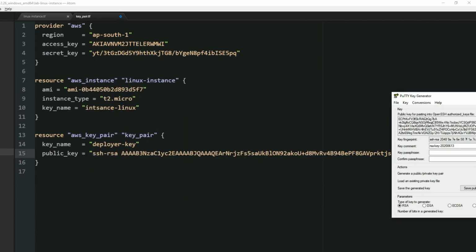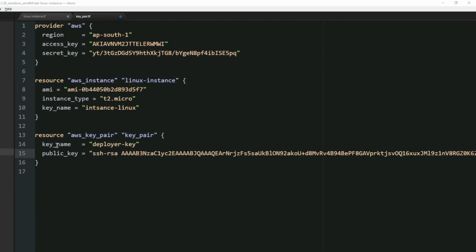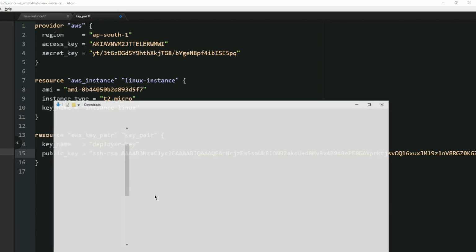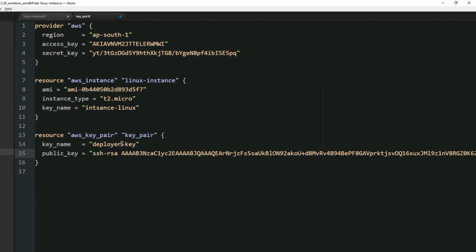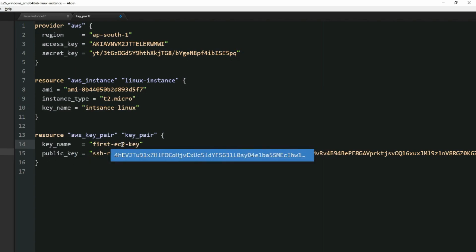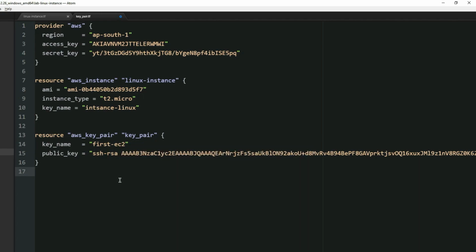So now I have my public key, but I need the key name. You can check the key name which was just saved. It is first-EC2. So let me go and type that in. Now save this, and now you have to associate this resource also with the respective EC2 instance.